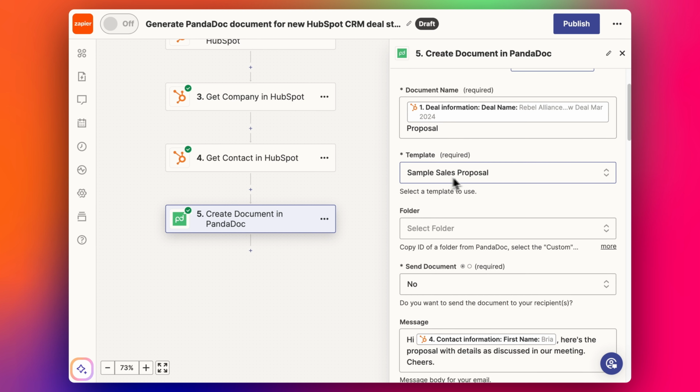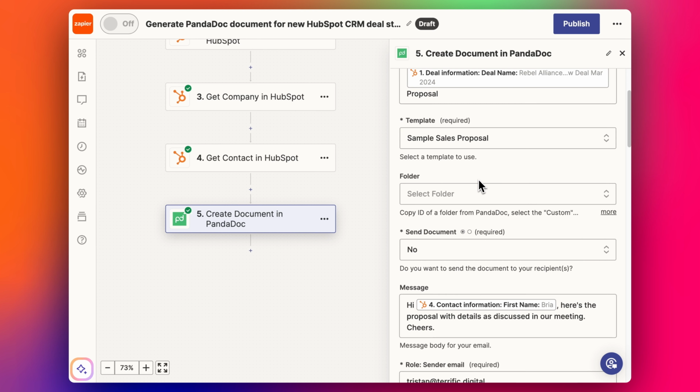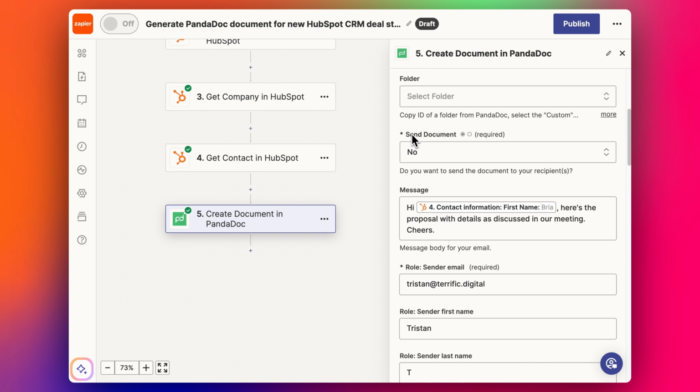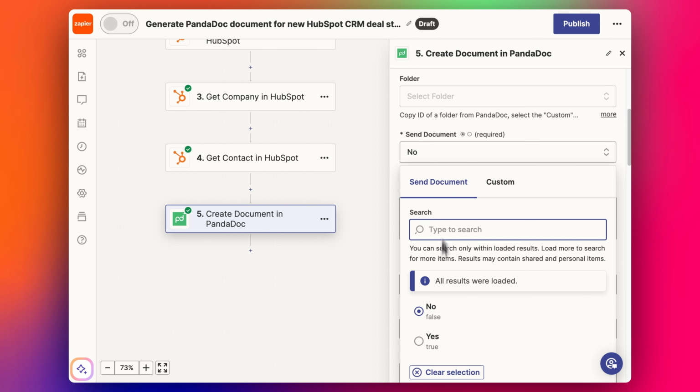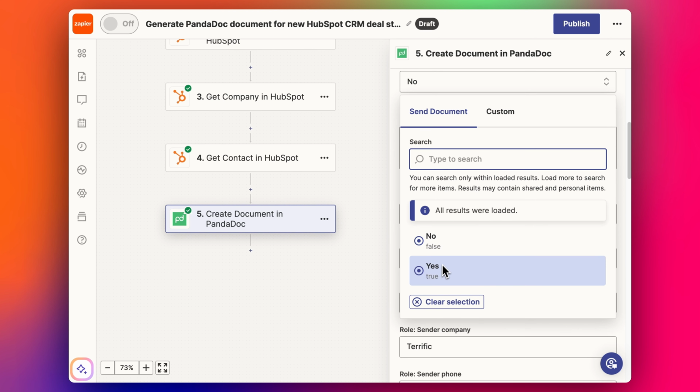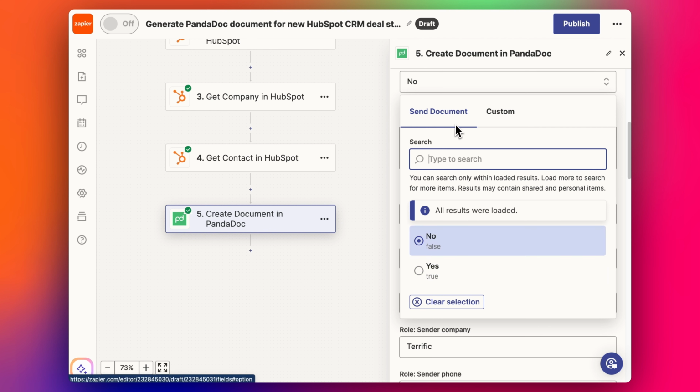I've got the template here, sample sales proposal, that I just showed you. You can skip all these steps. We can choose if we want to send the document or not. So you want to send it straight away for signing. In this case, I want to check it in PandaDoc and make sure that it's correct, maybe make some changes